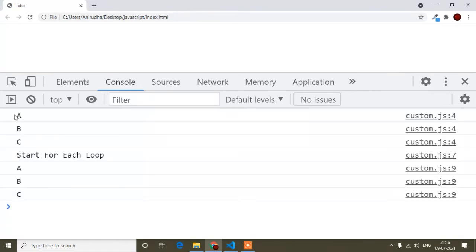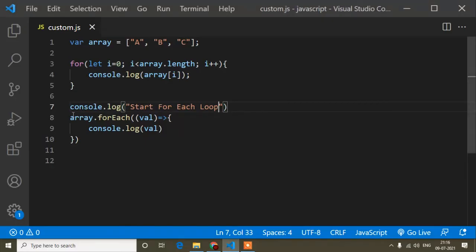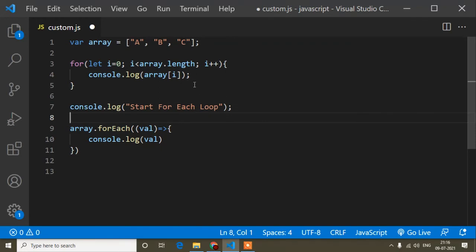Here you can see ABC, this is from the for loop and this is from the for each loop. So I'm getting the same output, but at the time of the for each loop, it is just taking a callback function and the parameter. That means when the for loop is looping, i is 0, so I will start from here.